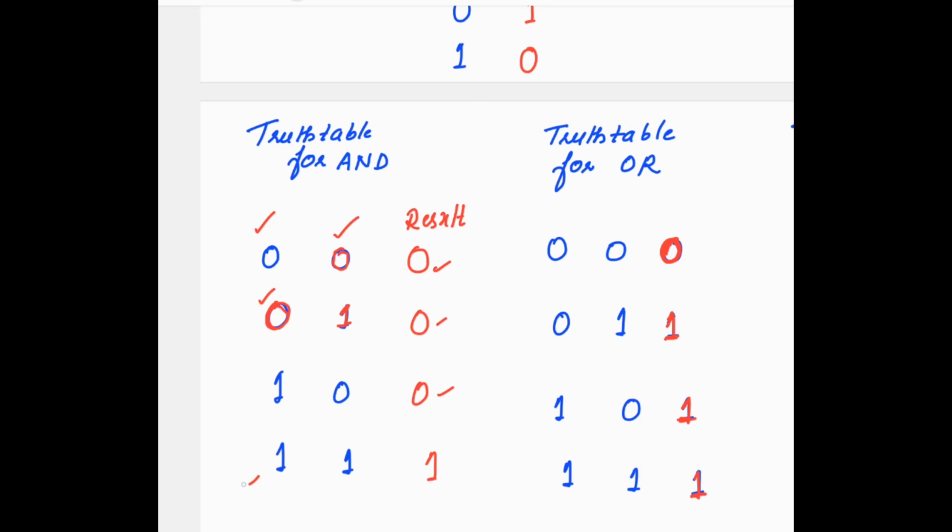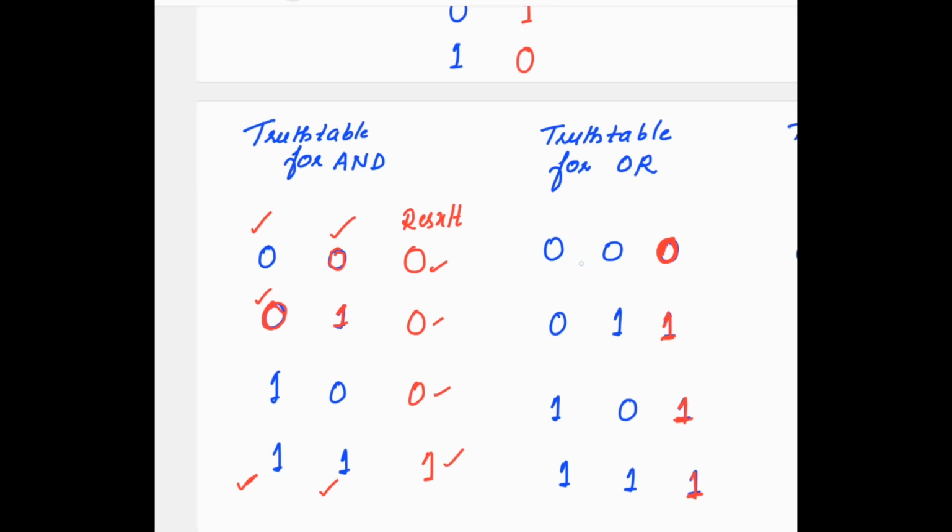So if the bit of the first operand is 1 and the corresponding bit of the second operand is 1, then your result is 1 in case of AND. Whereas for OR, you can see here 0 0, the result is 0; 0 1 you will get 1, 1 0 you will get 1, 1 1 you will get 1. For XOR,